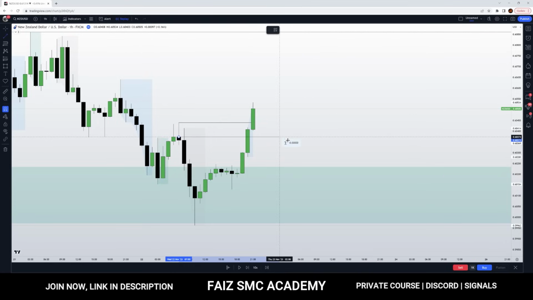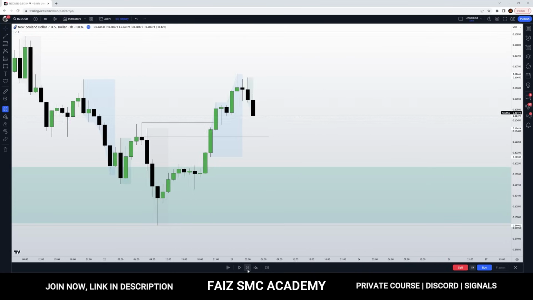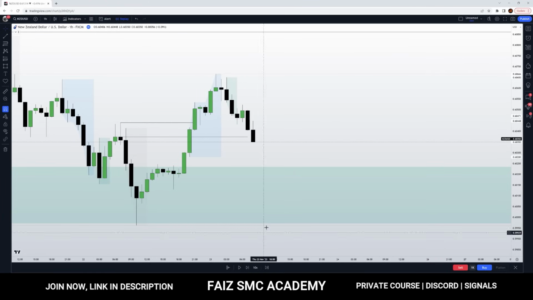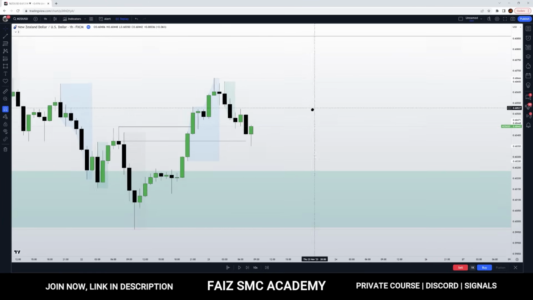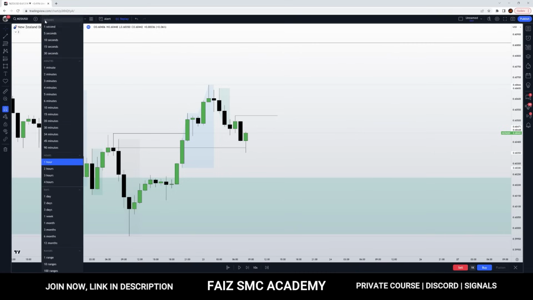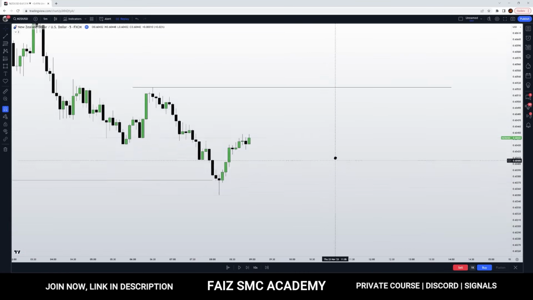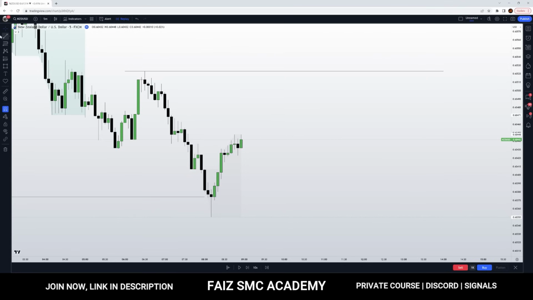Now, this entire move is our order block, so we can anticipate that price can reverse from here. So once price reaches the 1 hour order block, right, I am marking out my most recent high, and that is going to be my 5-minute market maker buy model. So over here, what you can see is after a drop to 5-minute time frame,